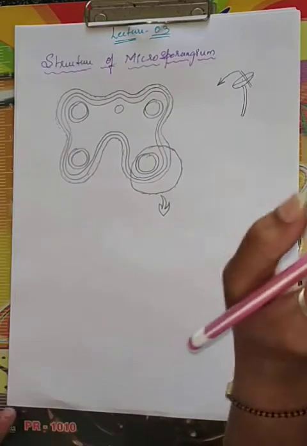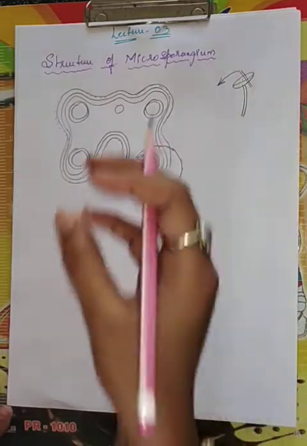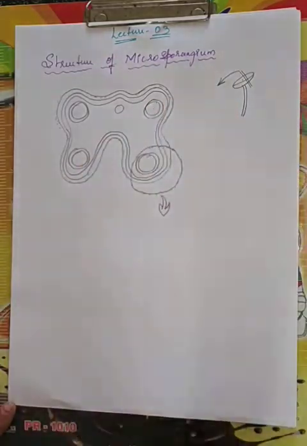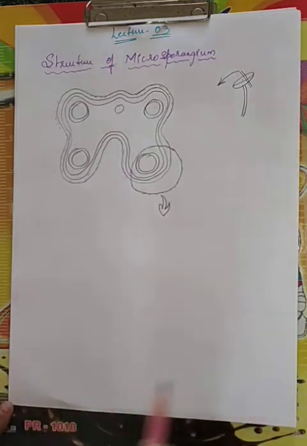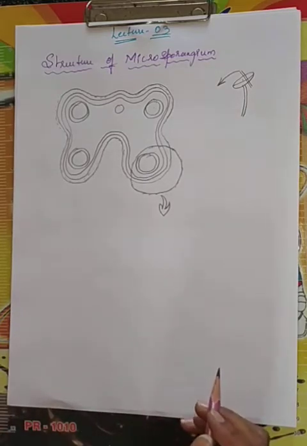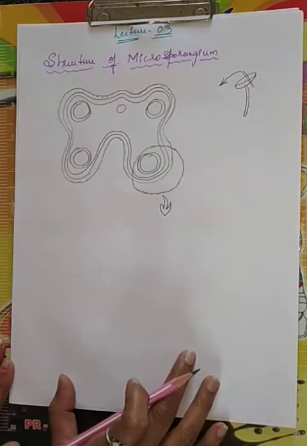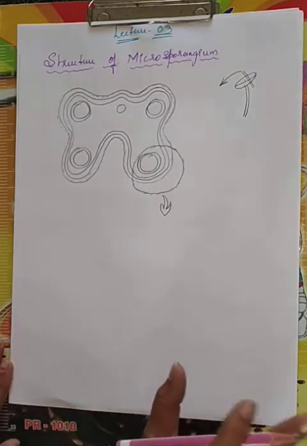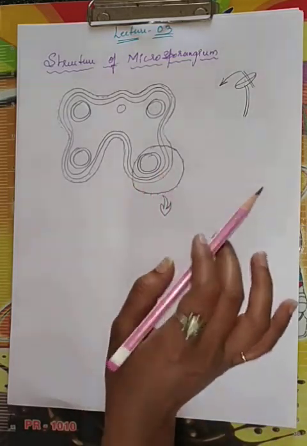Now let me tell you some very important things about all this. Each and every part I am going to explain in detail. So please keep your NCERT book with you and underline the important things, and make sure you note down the extra important points I am going to tell you today. First let me explain the structure, then next I am going to give you points. Don't worry about that.